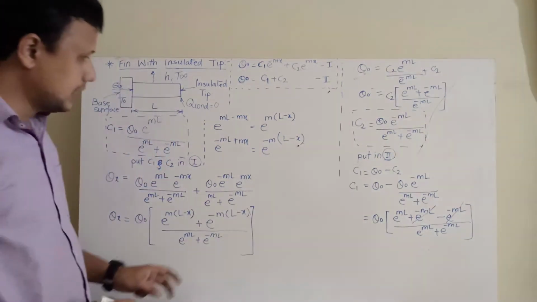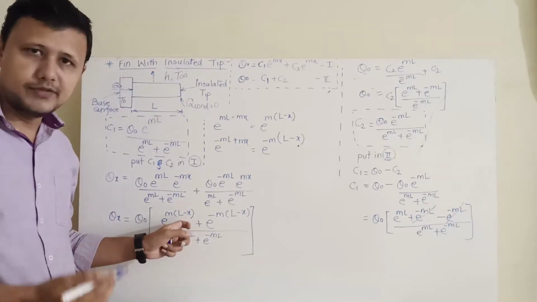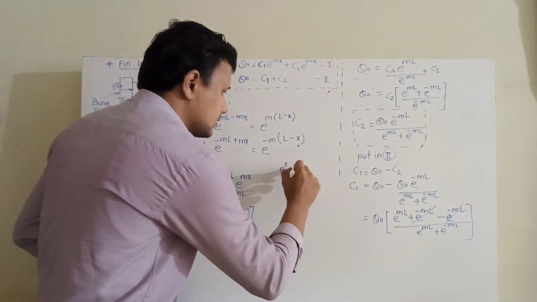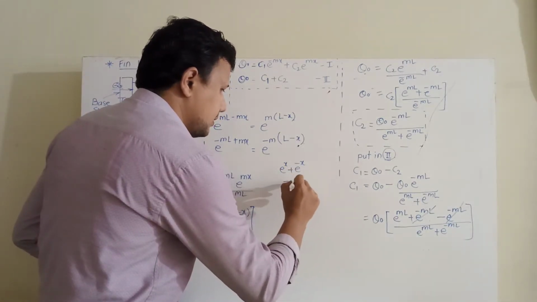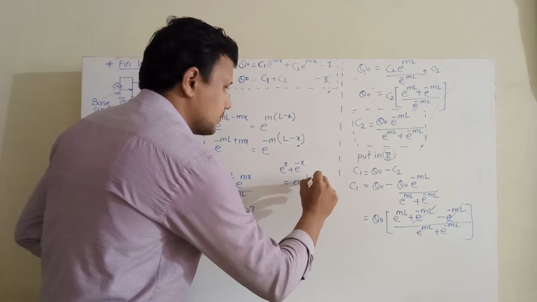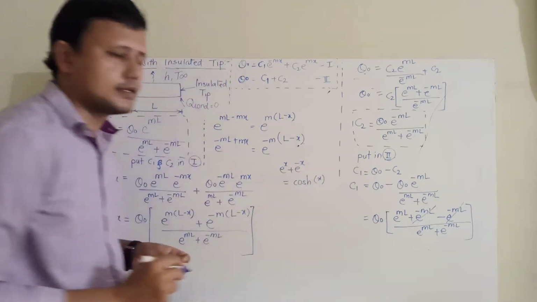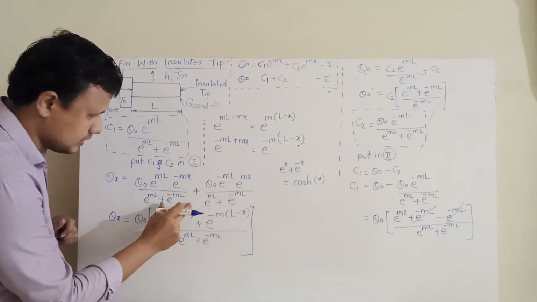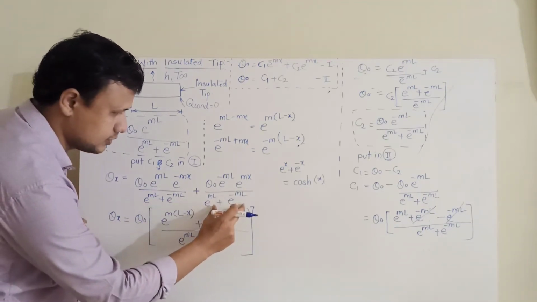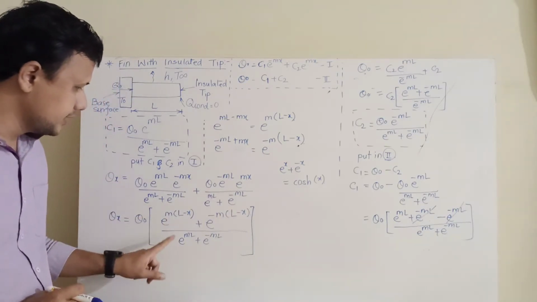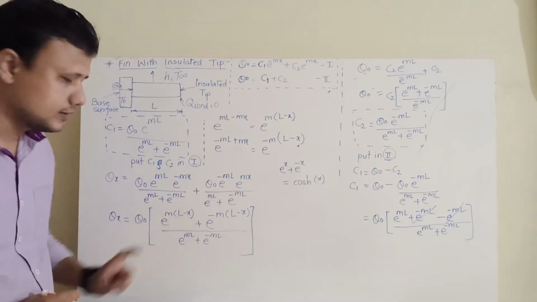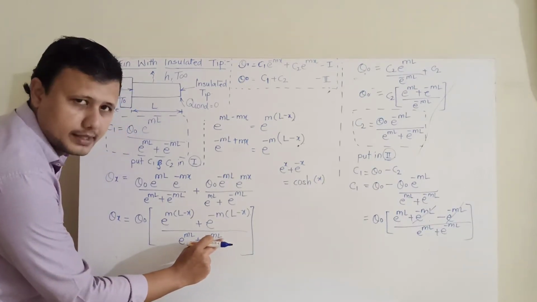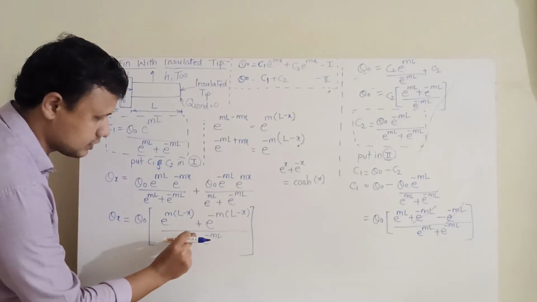Okay, now from the basics of mathematics, from the previous years, we know that if we have e raised to x plus e raised to minus x, then it becomes hyperbolic cos of that term x. So just like that, we have some term here, this can be considered as e raised to x, this is e raised to minus x. So that's why it becomes hyperbolic cos of this entire term. Same way, here we have some e raised to x and some e raised to minus x. So it becomes hyperbolic cos of this particular term.